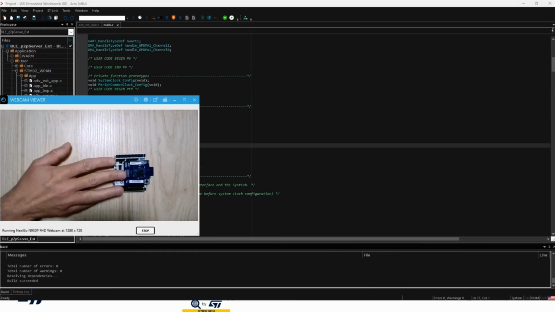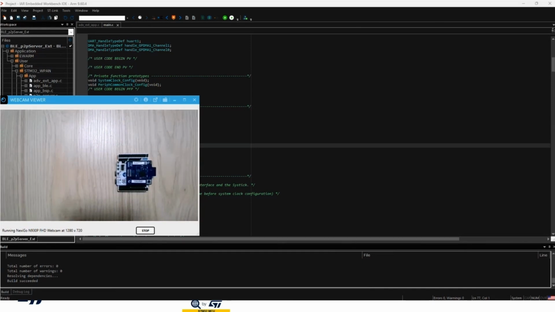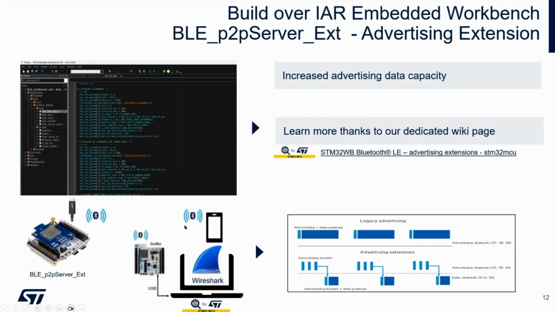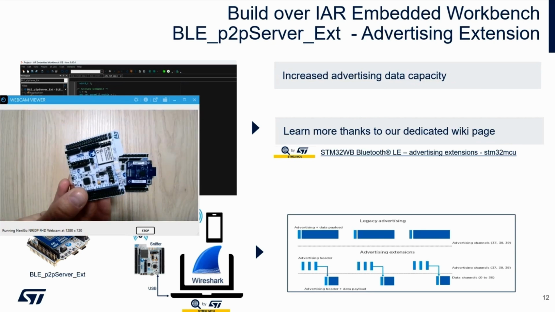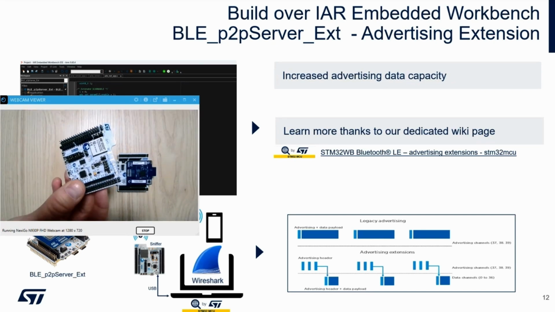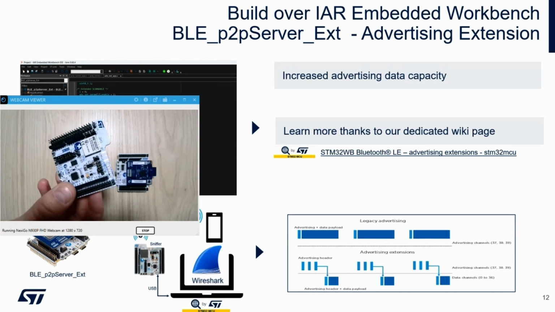This is a Nucleo WBA6 that I will flash with this sample code. But on top of basically just flashing and loading, I just want to introduce to you one facility we have. We have in-house the capability to enable a BLE sniffer using our former WB evaluation board. So using the dual-core WB board, I can flash some binary and application that allow to do some